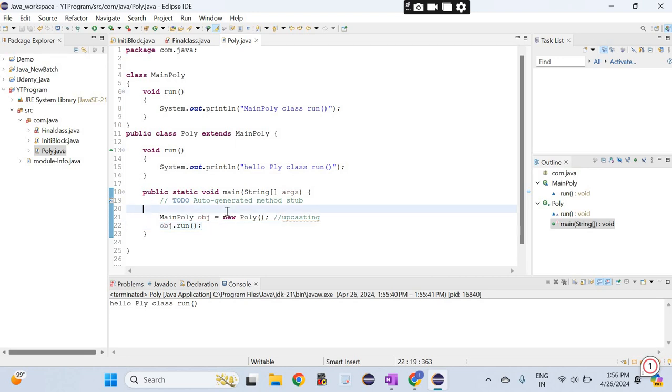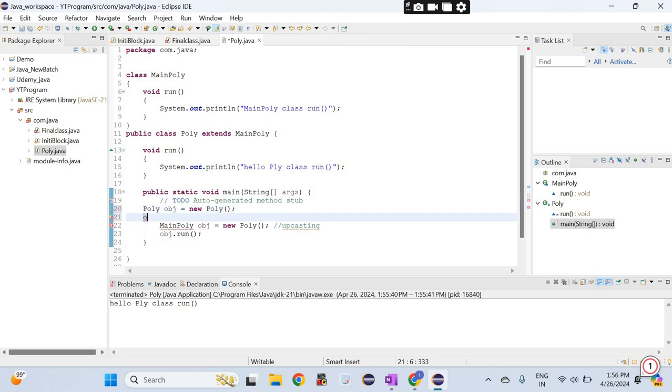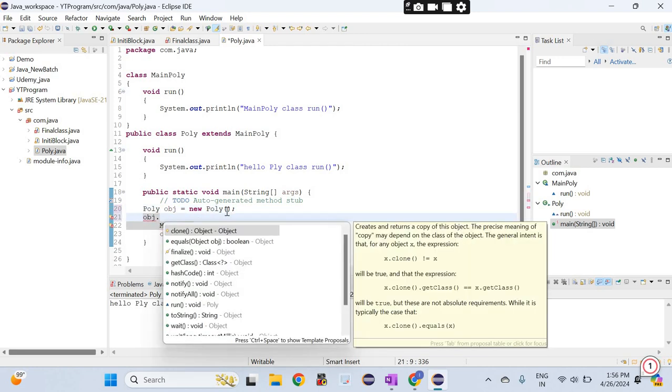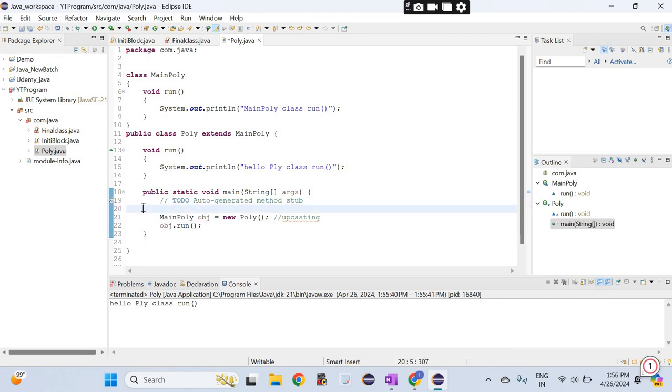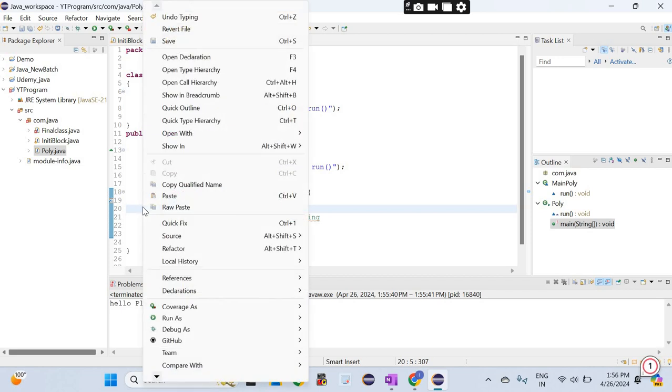If you write poly obj equals new poly and then call the method, it is the concept of static or compile time polymorphism. Hope it is clear to you. If you have any doubt or question, you can ask. Okay, let's move on to a different topic.